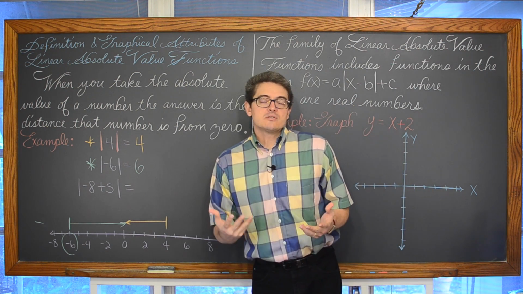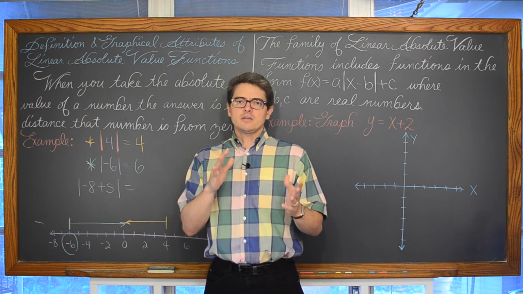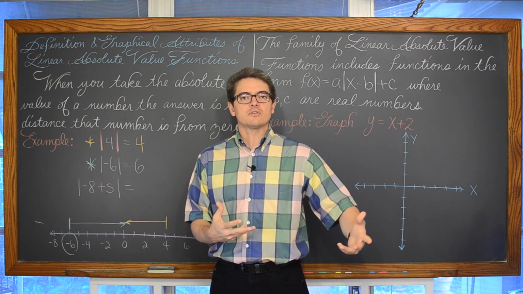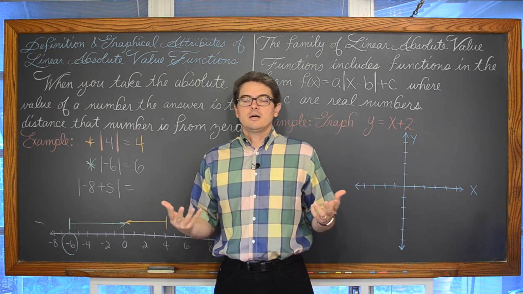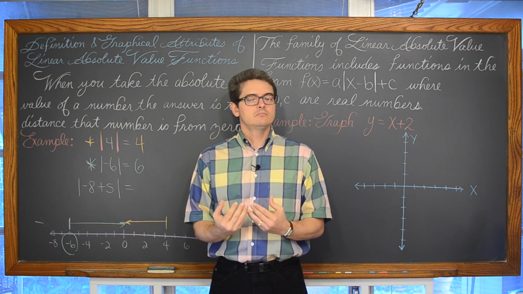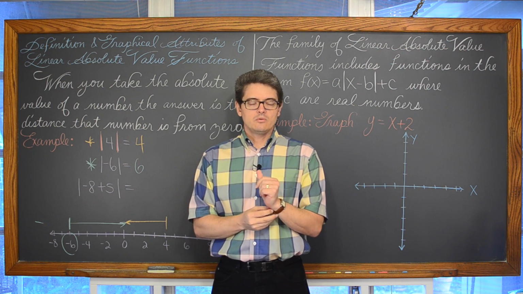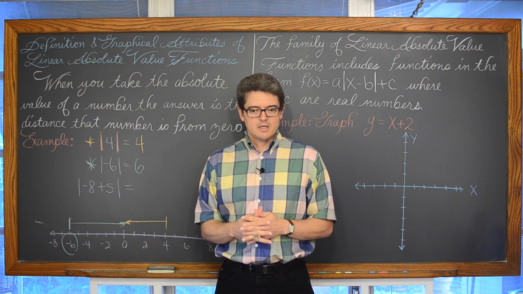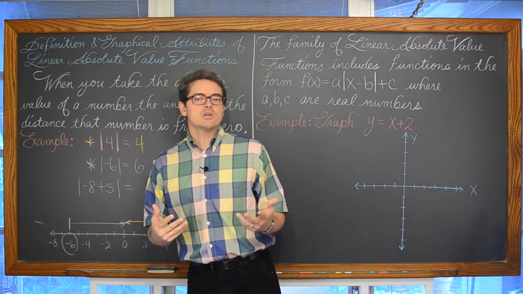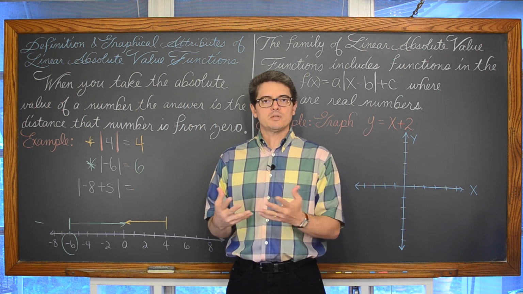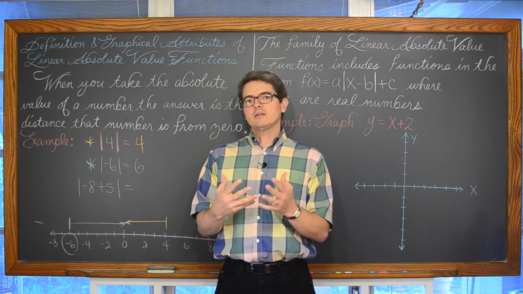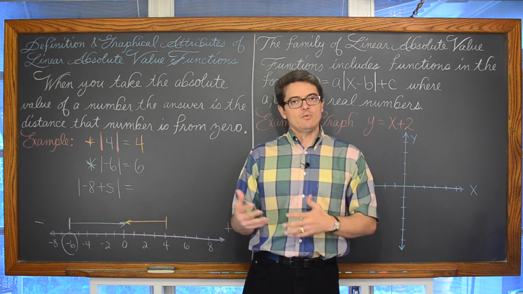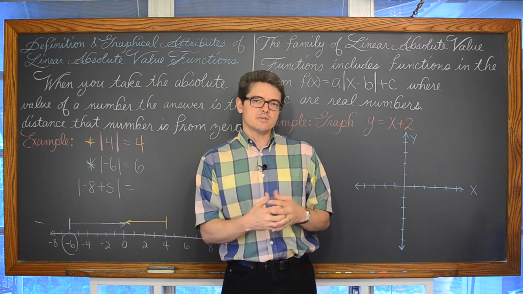Now, in real-life applications, negative numbers appear too. When you buy a car, especially a brand new car, as soon as you sign the paper and drive it off the lot, the value of that car depreciates very drastically. So you can have a negative balance on a car. You can owe more than it's actually worth. Or really just owing money in general is considered a negative value. If you owe someone $10, then your value would be -10. But if you had $10 in your pocket, that would be a positive $10.